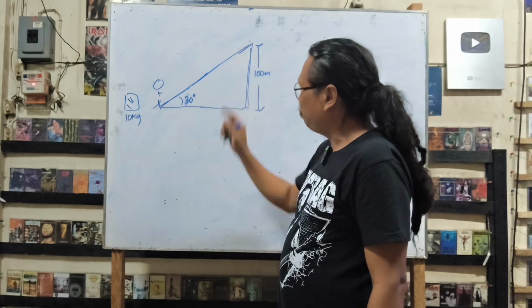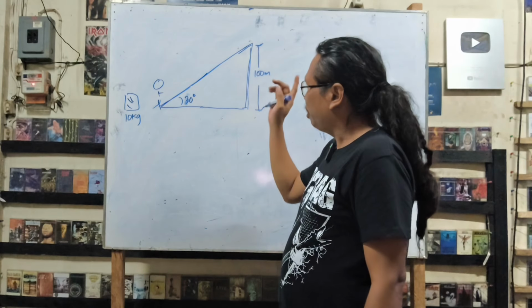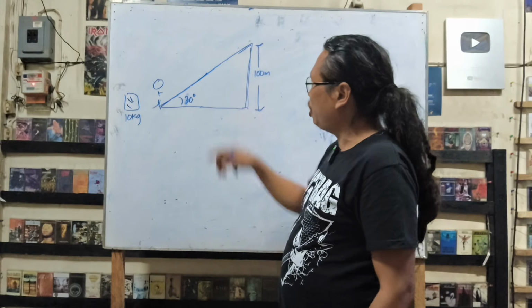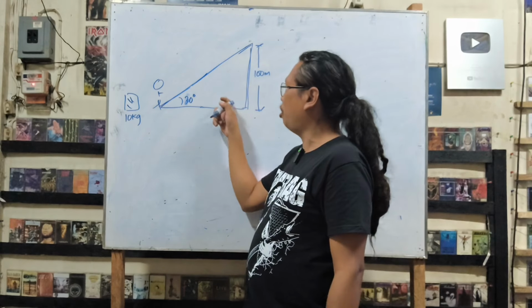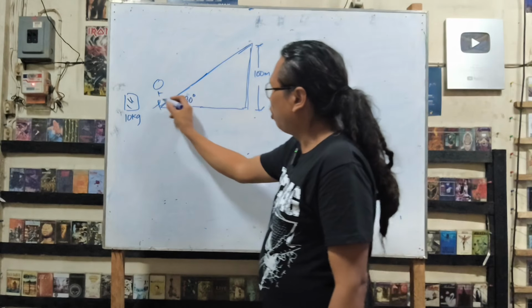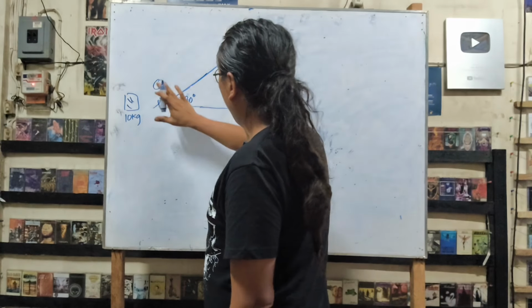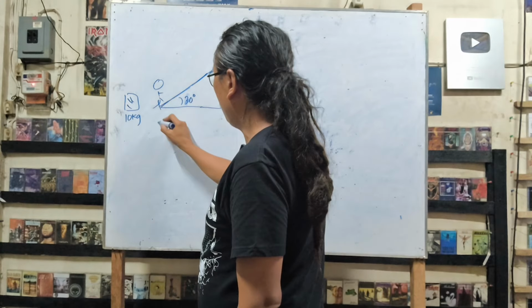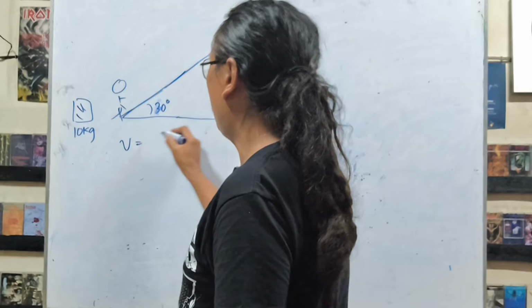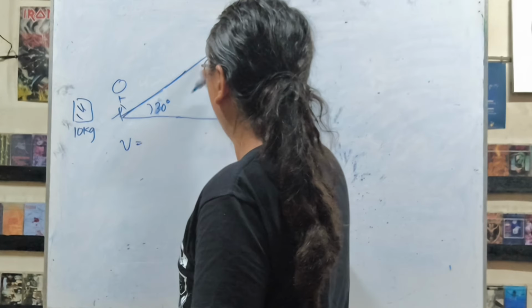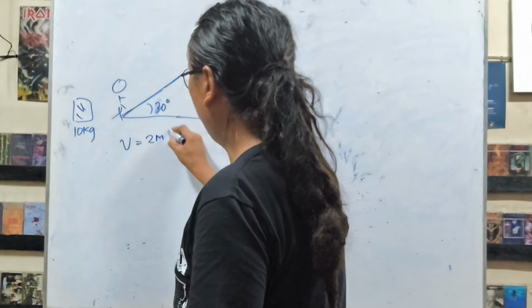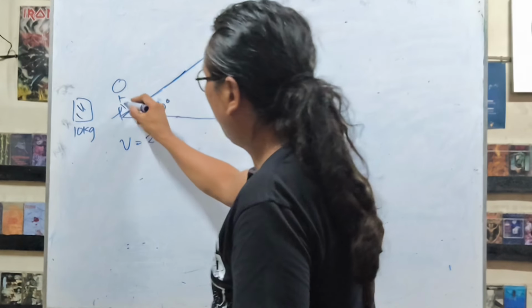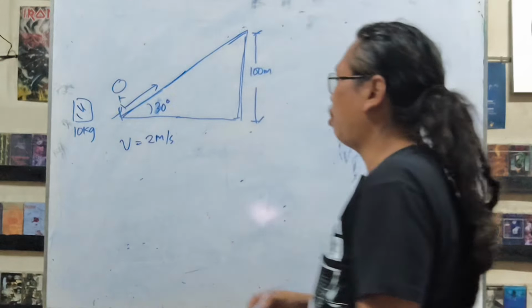So as in the previous example, you learned that it doesn't matter how fast you are moving, as long as it's a constant velocity, the work done doesn't matter. Because in this example, I'd like to calculate both the work done and the power. So we assume that we travel at a constant velocity, and maybe v is equal to, let's say, 2 meters per second, in this direction.